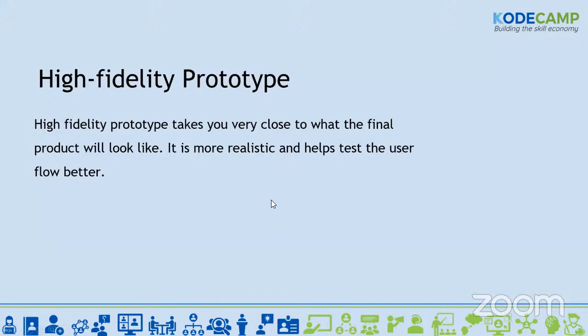This is the process my users are going to go through. This is what the navigation looks like. This is how interactive my design is too. So this is what a high fidelity prototype is. This is one of the advantages of a high fidelity prototype: it is more realistic. Okay, so just like we gave you guys the assignment, the user flows, the user is able